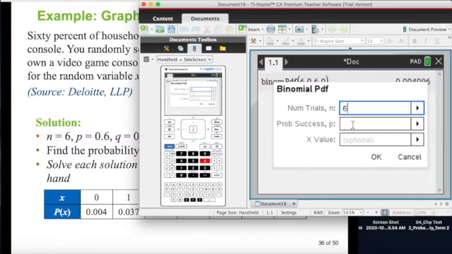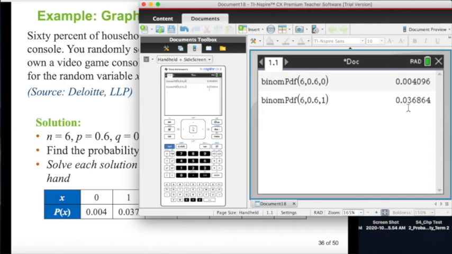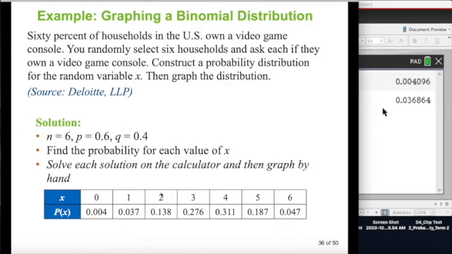Probability of success in this case is 0.6, that's given. And we want x equal to 1, so 1. Click OK. There you go, 0.037. And you can do the same thing for x equal to 2, when only 2 households own a video game console, or when x is equal to 3, 4, 5, and 6. Then you can have a complete